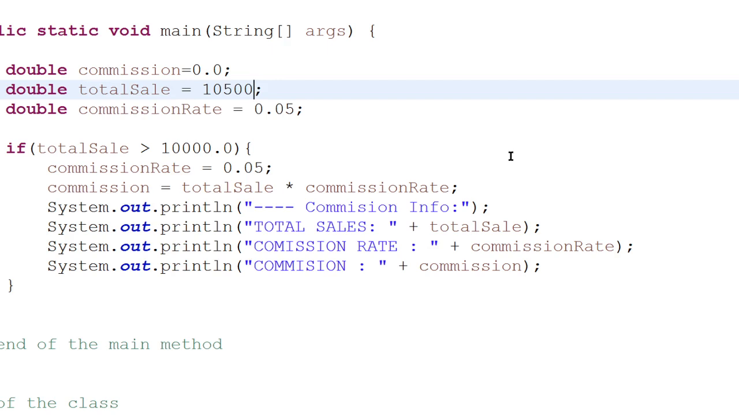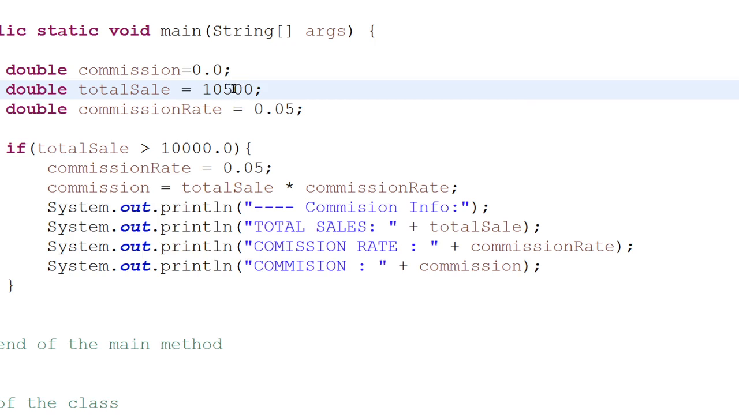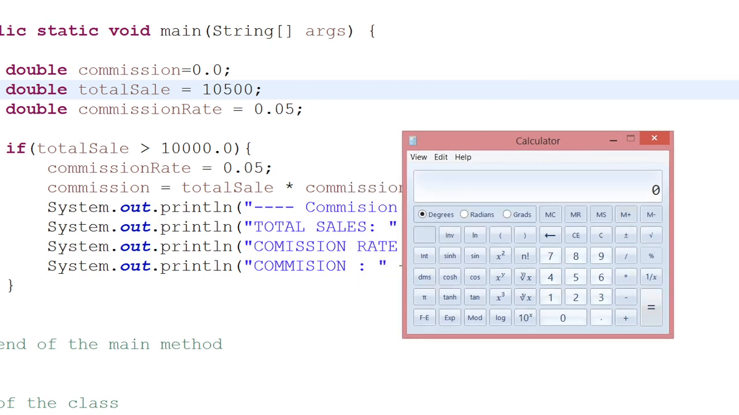So if I click, the program runs, and I have total sales is 10,500. Commission rate is 0.05, and the commission is 525 naira. So let's see, what is 525? Is it 5% of 10,500? If it is, then we are right. Otherwise, we're not. So let's get 10,500